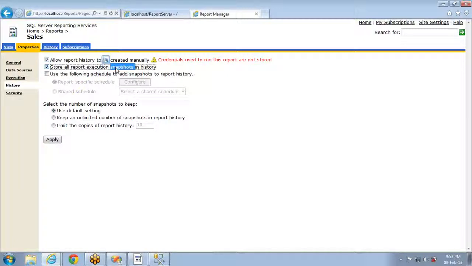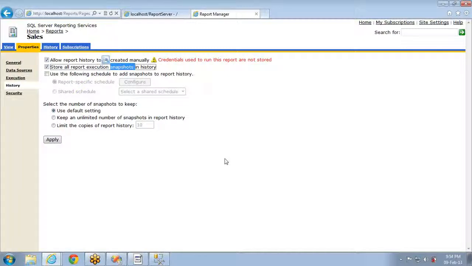So generally, users ask us to create this snapshot in non-peak hours. I'm highlighting non-peak hours. Non-peak hours means the time at which the users won't look for or call these reports. So in the non-peak hours, let's say a report is taking 5 minutes to generate, they will schedule to generate the snapshot of the report in the non-peak hours.